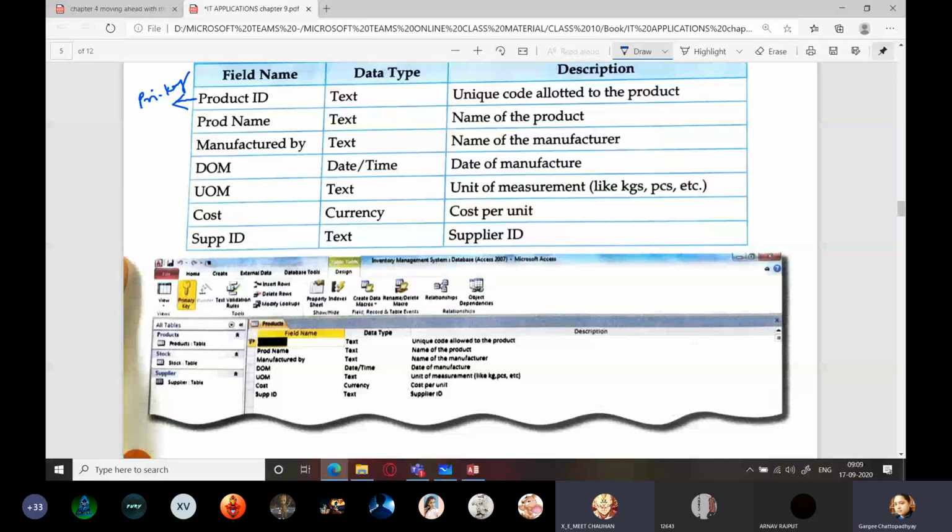Next is date of manufacture. Ma'am, another doubt. What things do we have to explain in the video? In the video, I have already, today I will be sending the detailed specification. Don't worry. After 11 a.m., after my classes, I will send a detailed specification. So you read that and follow that. Got it? Okay, ma'am. So this is date of manufacture, when it was manufactured, unit of measurement, cost per unit means if it is one soap, what is the cost of one soap? If it is 1 kg of rice, what is the cost per kg?